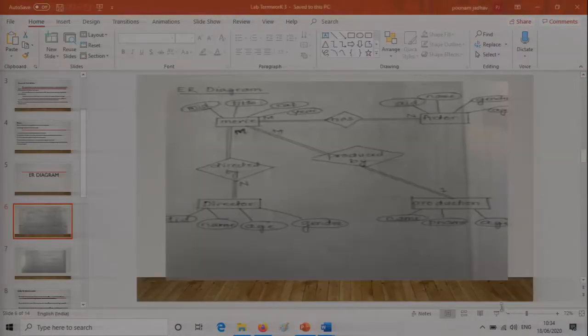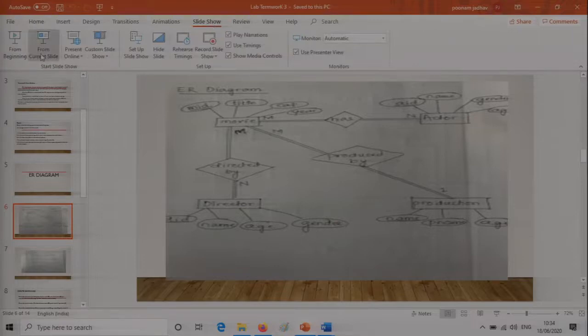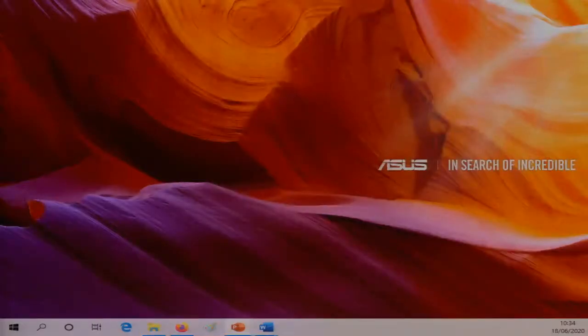So if you can just see, you have the movie ID and movie title in the movies table.